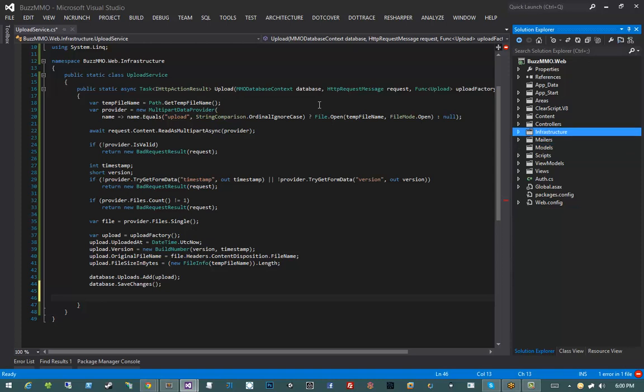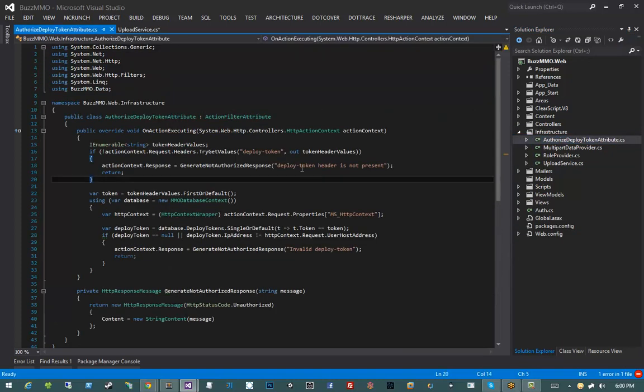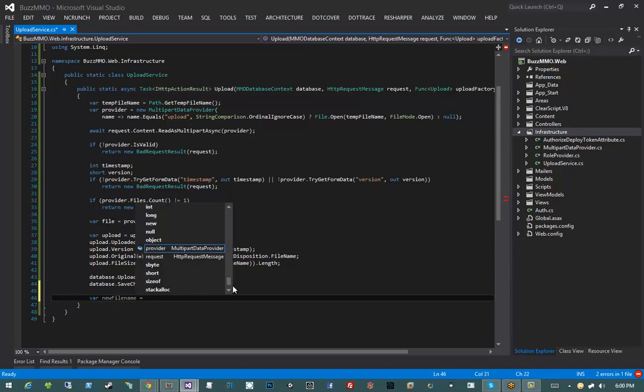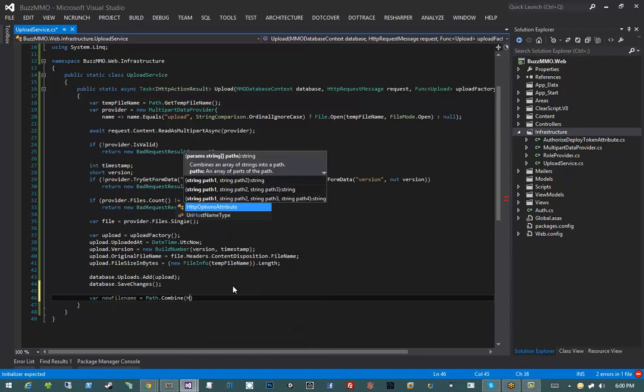Now we could cheat and do what we did with the authorized deploy token attribute and extract the HTTP context from our action context. But I kind of don't want to cheat, because in this particular instance, the process of getting an absolute path to one of the folders in our web application is actually very simple, using what's called the hosting environment static class. So what I'm going to do is say var new file name equals path.combine hosting